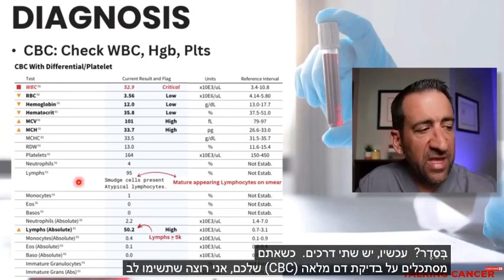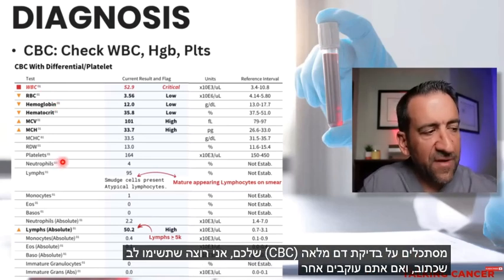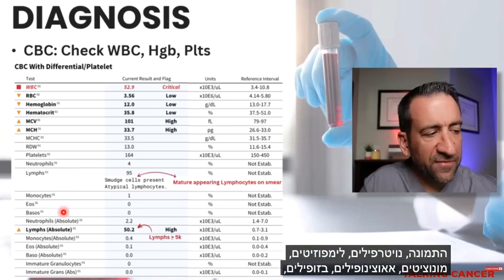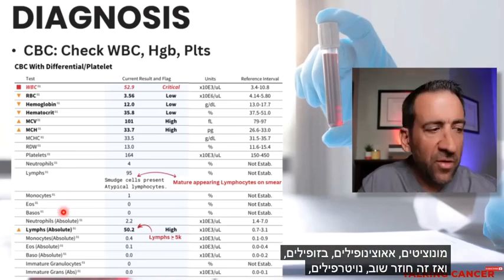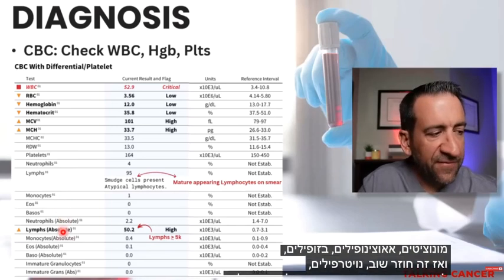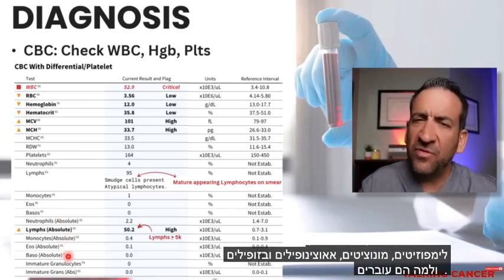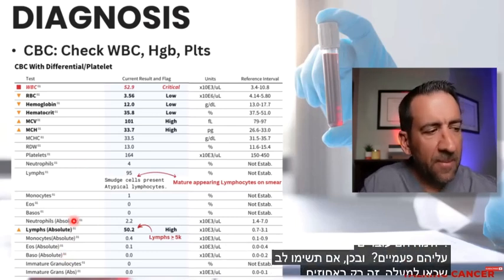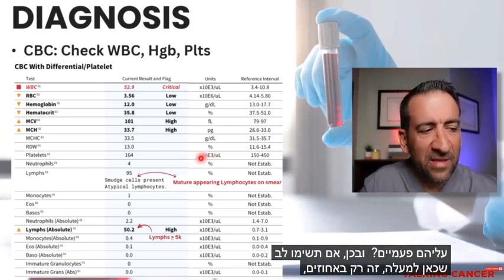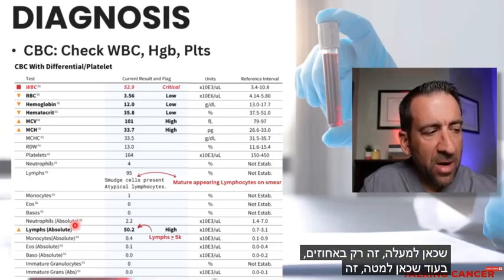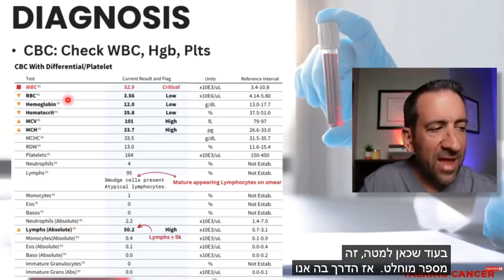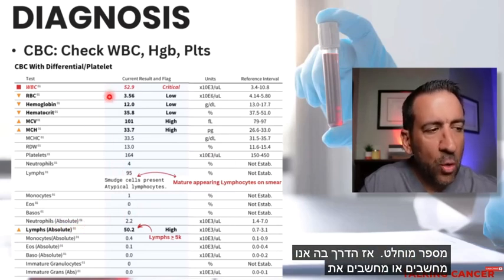When you look at your CBC, I want you to notice that it says, and if you follow along in the picture, neutrophils, lymphocytes, monocytes, eosinophils, basophils, and then it goes over, again, neutrophils, lymphocytes, monocytes, eosinophils, and basophils. And why are they going over them two times? Well, on the top here, it's just in a percentage, whereas on the bottom here, it's an absolute number. So the way that we figure out your total white blood cell count,